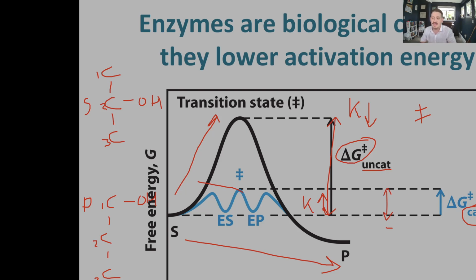Delta G cat is smaller than delta G uncat, reflecting that less energy is required in order to hit that transition state. And often there are several small bumps instead of one big bump. This is oversimplified, but there may be more transition states, but they are easier to achieve in an